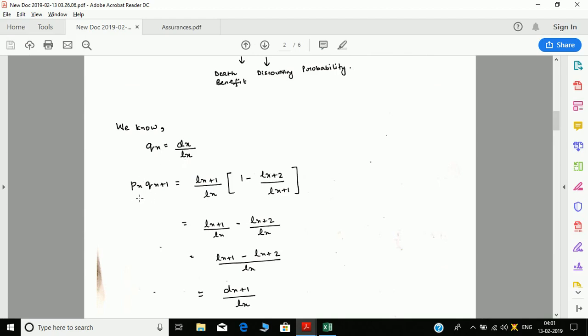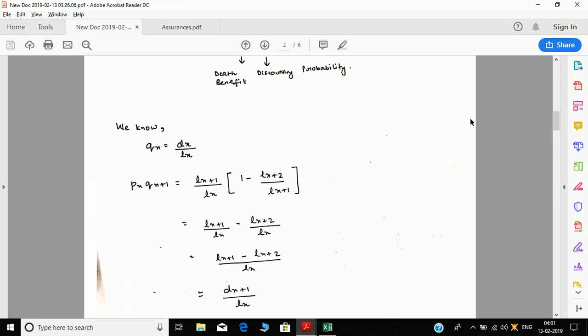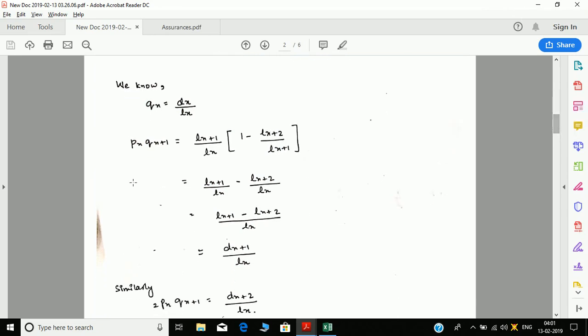Okay, but the next value is px into qx plus 1. Let's break that. Px means lx plus 1 by lx, and qx plus 1 means 1 minus lx plus 2 by lx plus 1. I multiply this inside, I get lx plus 1 by lx minus lx plus 2 by lx.